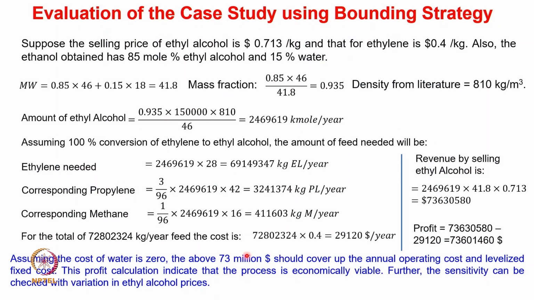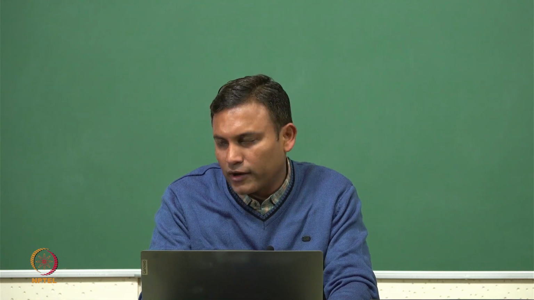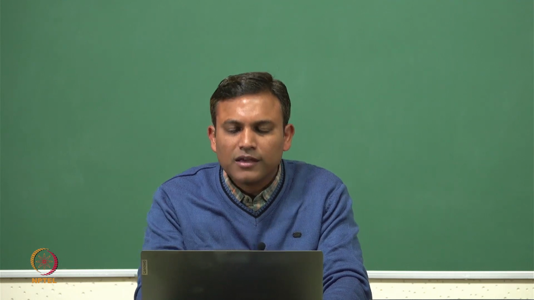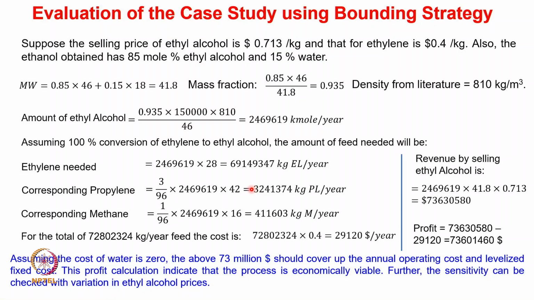So now let's look at the bounding strategy in order to understand whether this particular process is going to be beneficial for the company or not. So clearly the company intended to sell 1,50,000 meter cube per year of the ethyl alcohol. With respect to this demand, we are trying to understand whether the process is going to be profitable or not. So let us consider that the selling price of ethyl alcohol is $0.713 per kg, and assume that the price of the ethylene is